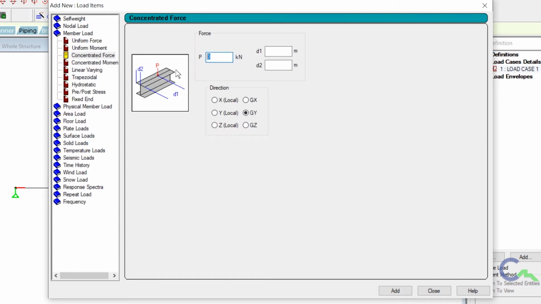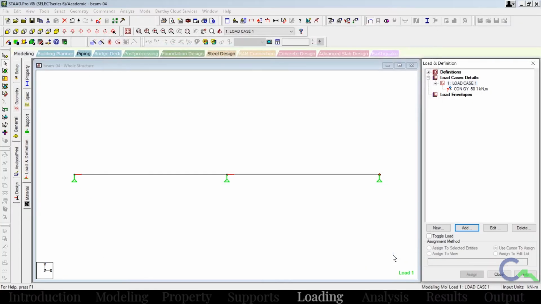Value is -50 because it is acting downward. I will give -50, acting in GY direction, global Y direction, at a distance of 1 meter from start node. Then click on add, then close.